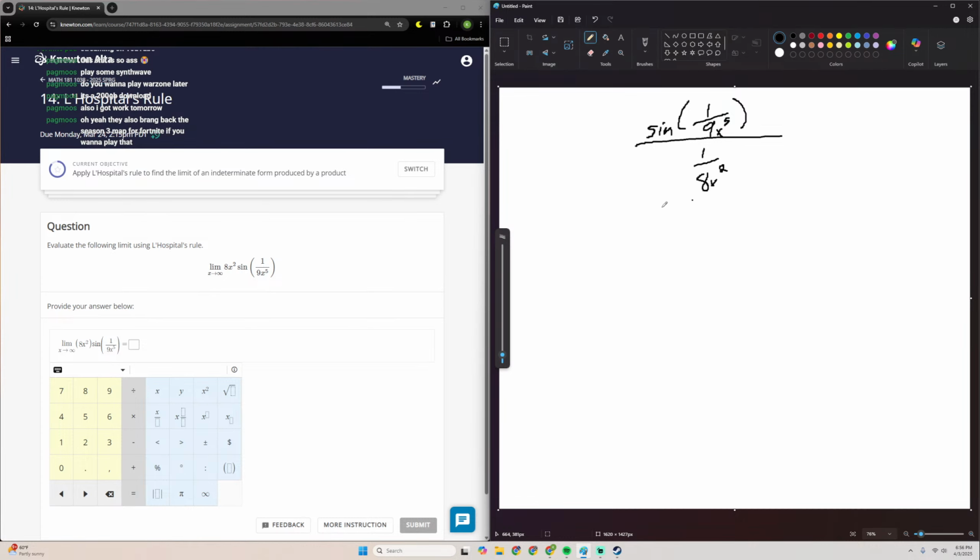Oh, the top part, derivative d over dx. Yeah, that would just be 0 instead of just becoming 0. Yeah, you can't do that. Okay. Cosine